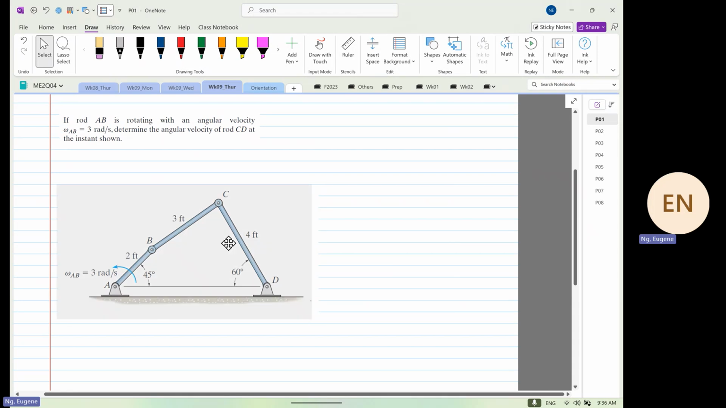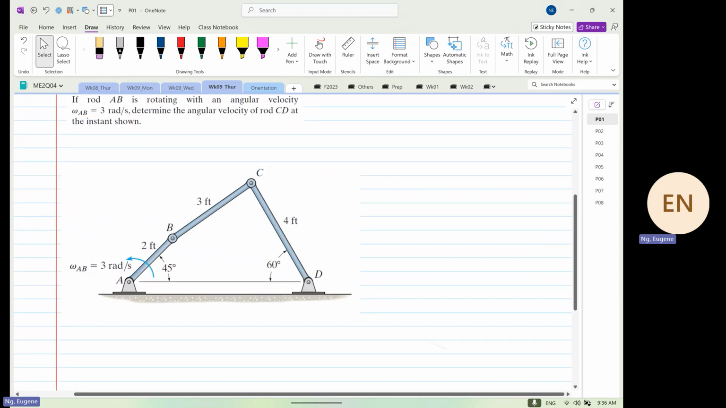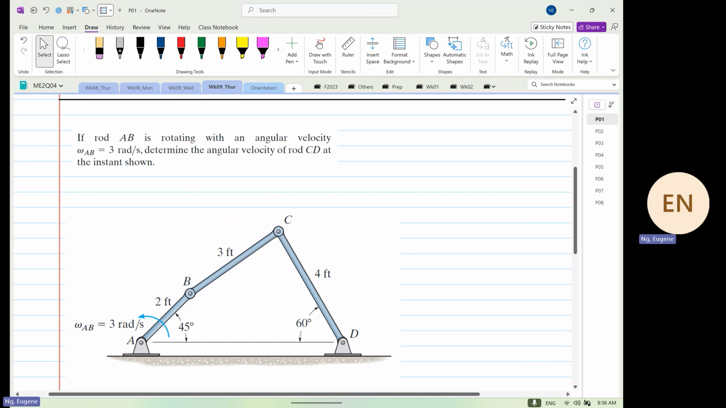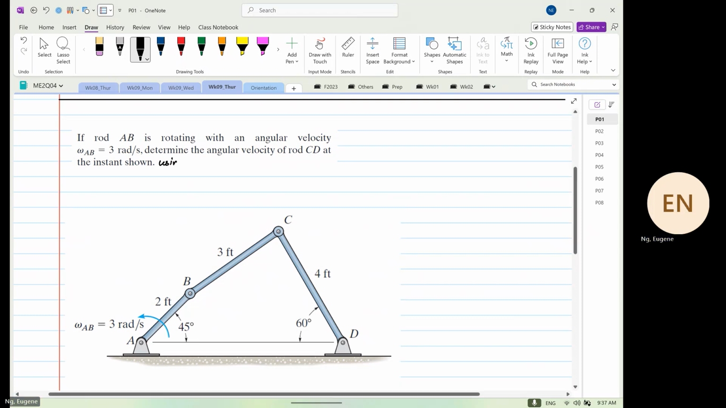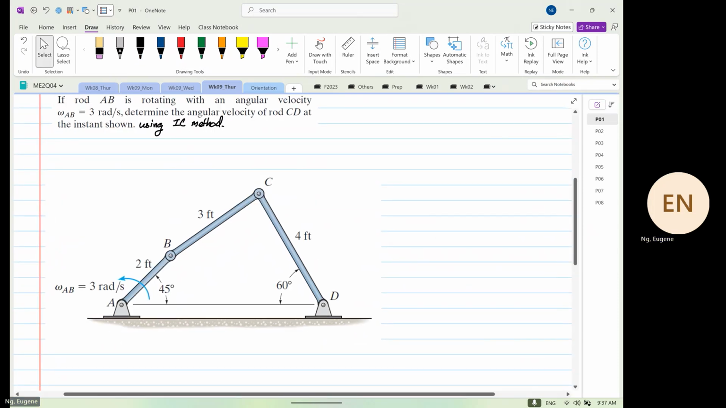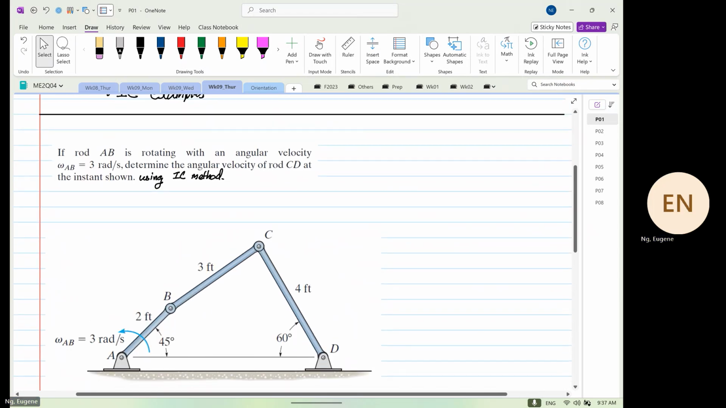is, if a question like this comes out in your term test, I will highlight that: determine the angular velocity of rod ACD at the instant shown using the IC method. Okay, so using the instantaneous center method, I'll highlight that in those questions. So, okay, right. With the IC method, note when using the IC method,